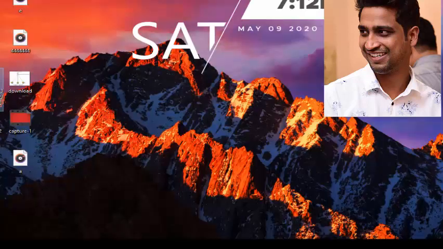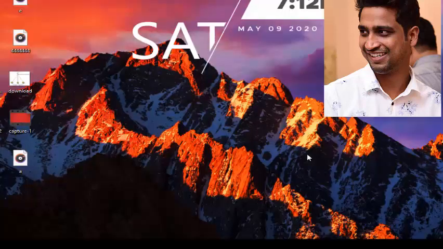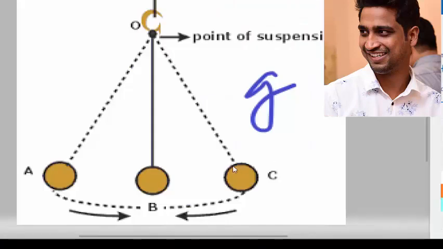The formula is this. Okay, if you see on your screen, the formula is T is equal to 2 pi under root capital L by G. So capital L is the length of the simple pendulum and G is the gravitational pull of earth. I hope you know what is gravitational pull of earth. Okay, you need to learn by heart this formula as well. T is the time period, L is the length of the bob or the simple pendulum, and G is the gravitational pull of earth. Okay, so we have seen two factors on which the time period of simple pendulum